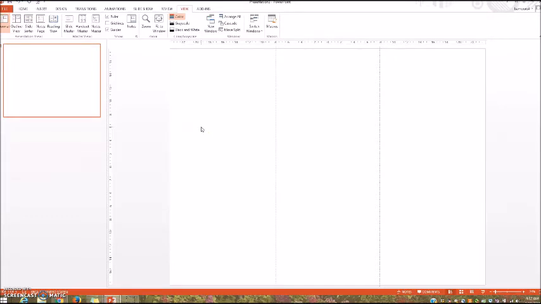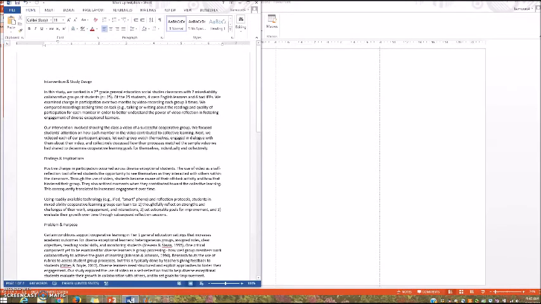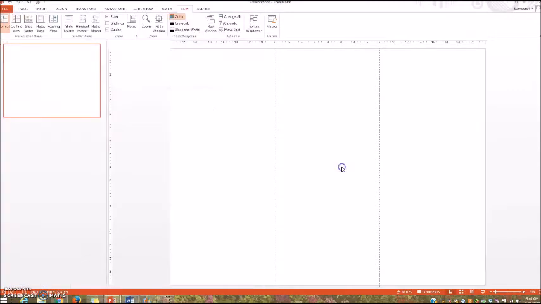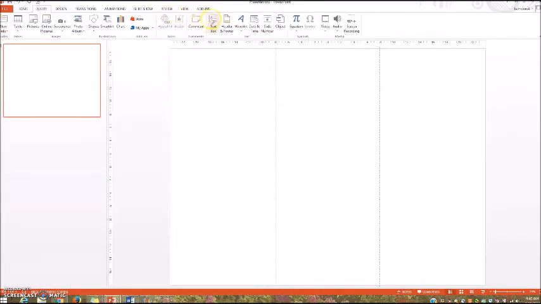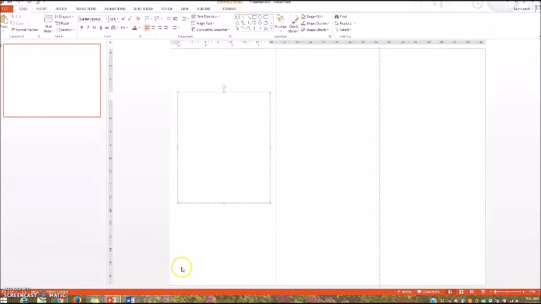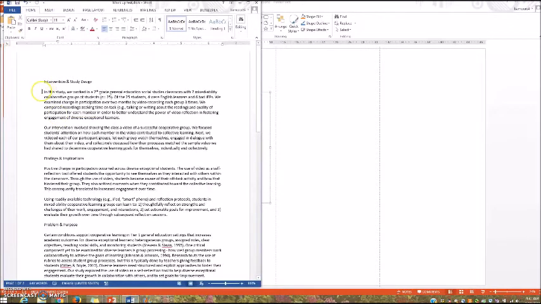My next stage is to enter the content. To help this process along, I have already created a document that includes the titles that I want to use for the sections as well as the text, which makes it easy to be able to cut and paste and enter it into my document. So the first thing I'm going to do is insert a text box. And I'm going to create a text box that's going to be about where I want the first text to go. Come to my document, highlight, copy,